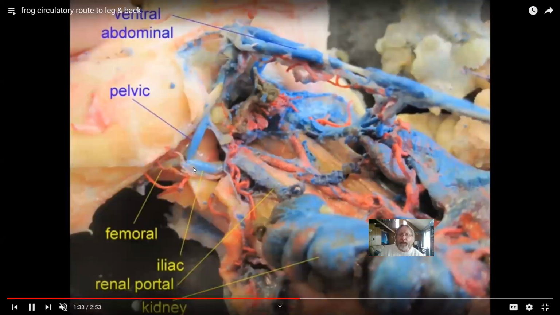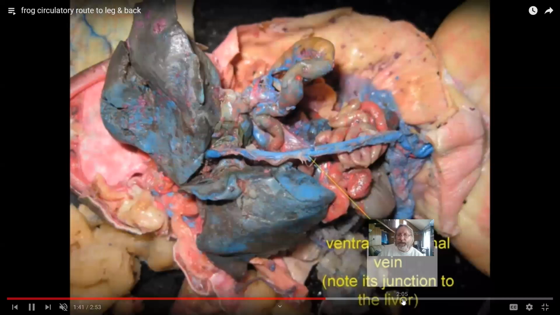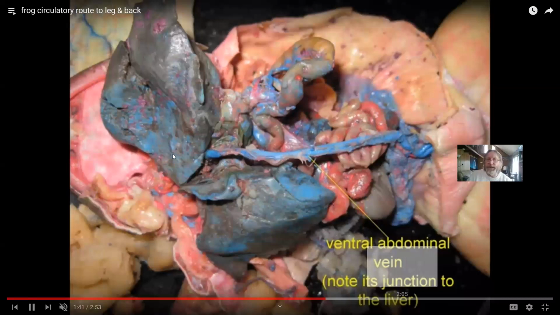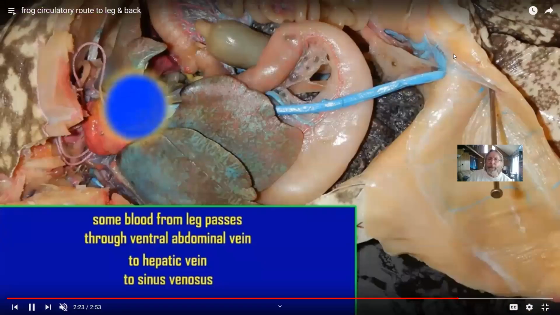So once again, from the leg, we have the femoral artery and vein going to the iliac artery and vein. Note that the ventral abdominal vein coming from the legs, that would be off to the right, then enters the liver. Here, once again, you can see that ventral abdominal vein. Note its junction in the liver. And so we have these two alternate routes